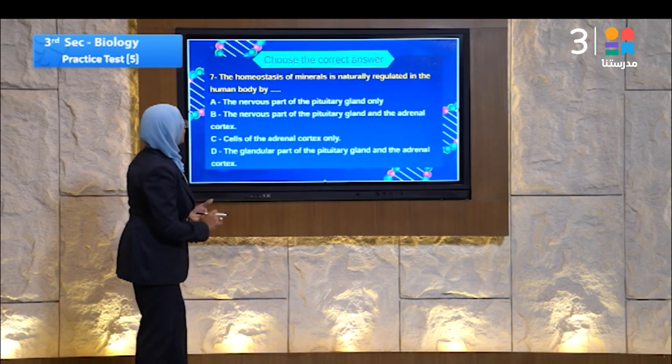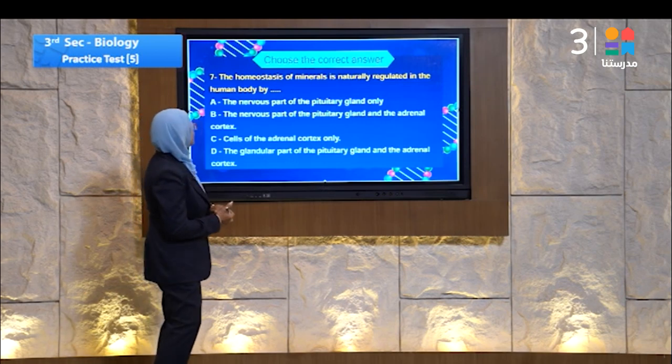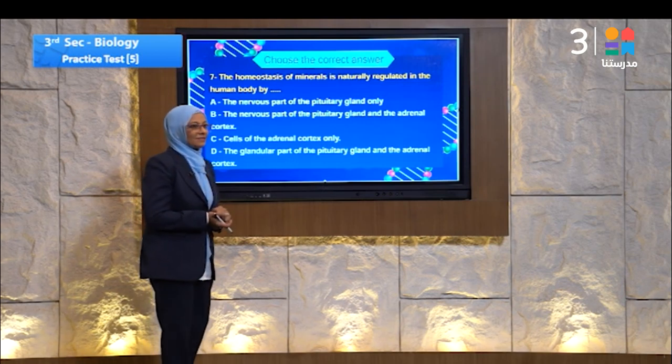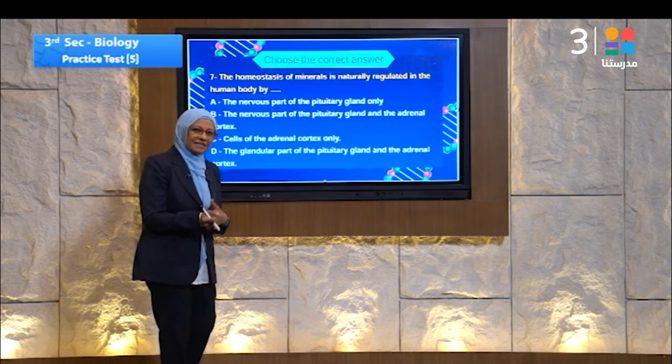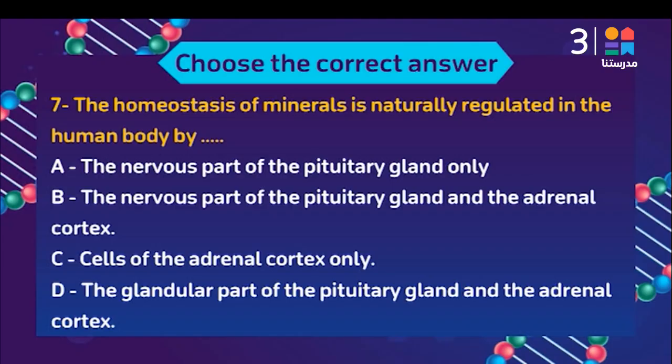Question number 7 speaks about how to regulate the human body. Hormones again? Yes. Let's read the question carefully. 7. The homeostasis of minerals. Here we speak about how the mineral levels are controlled inside the blood. It must be by hormones. Let's read it again. Homeostasis of minerals is naturally regulated in the human body by the effect of: